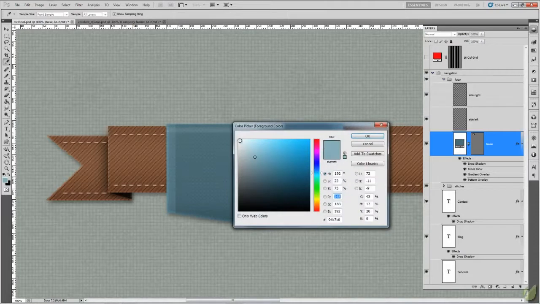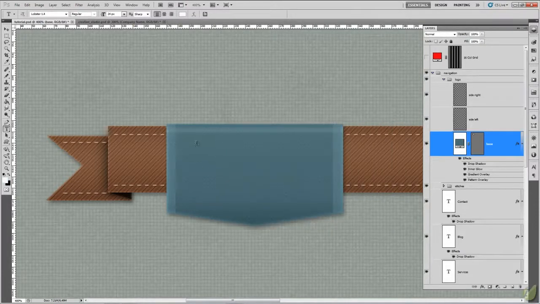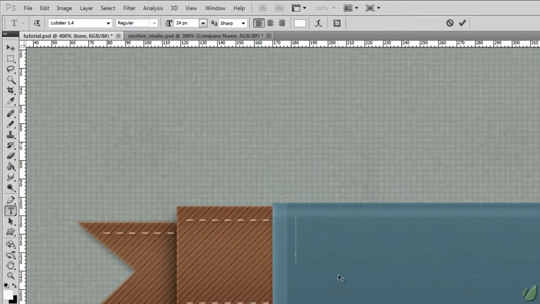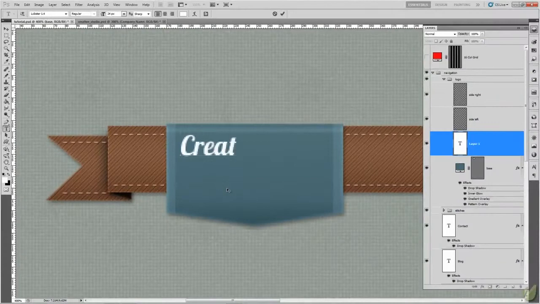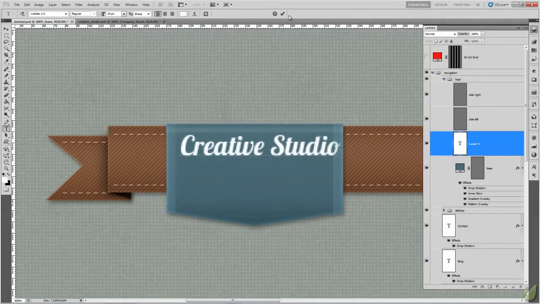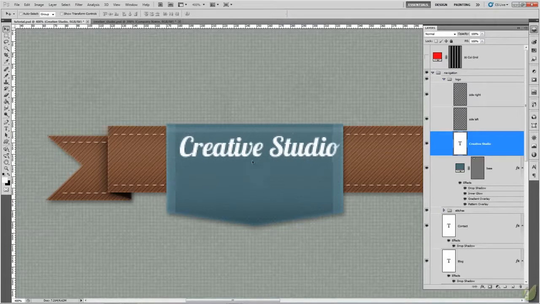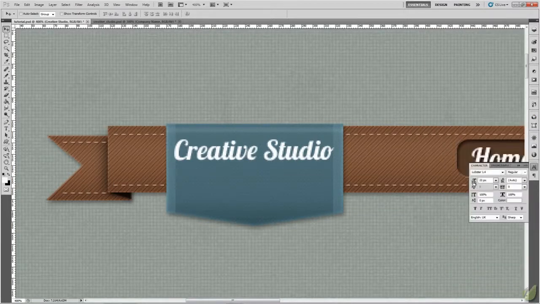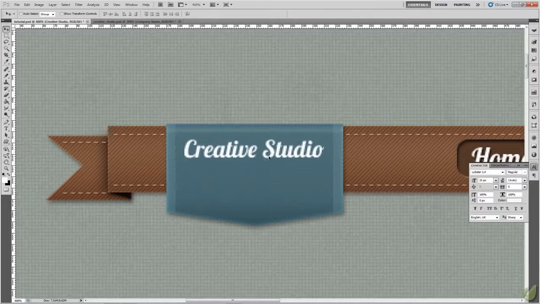Doesn't really matter at the moment, but okay, so Lobster selected, Lobster 1.4, font 24, add in our text, Creative Studio. I've changed the font down slightly, probably about 20, 21, 22,